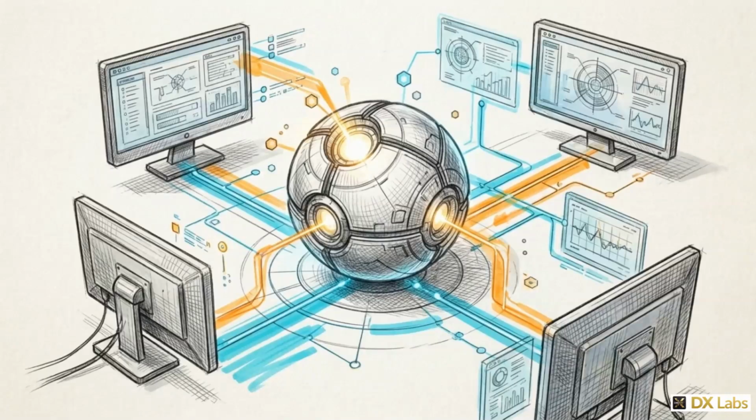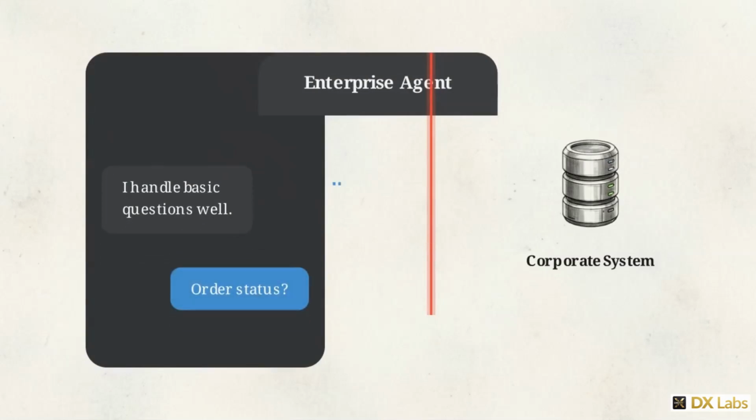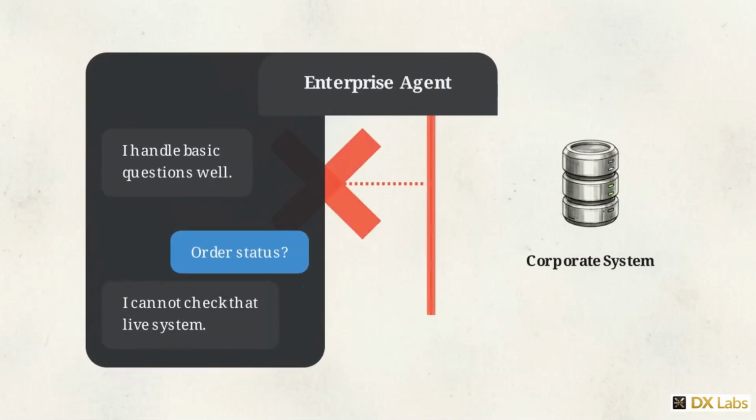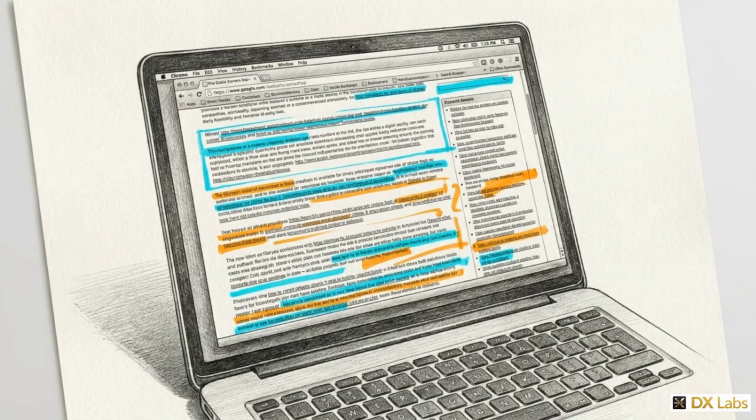You build an enterprise AI agent. You launch it to your users. It handles basic questions well enough, but the moment a customer tries to do something real, the momentum stops dead. An agent limited to conversation serves a very narrow purpose. Handing users policy links and text blocks instead of solving their problem effectively turns the bot into a glorified FAQ